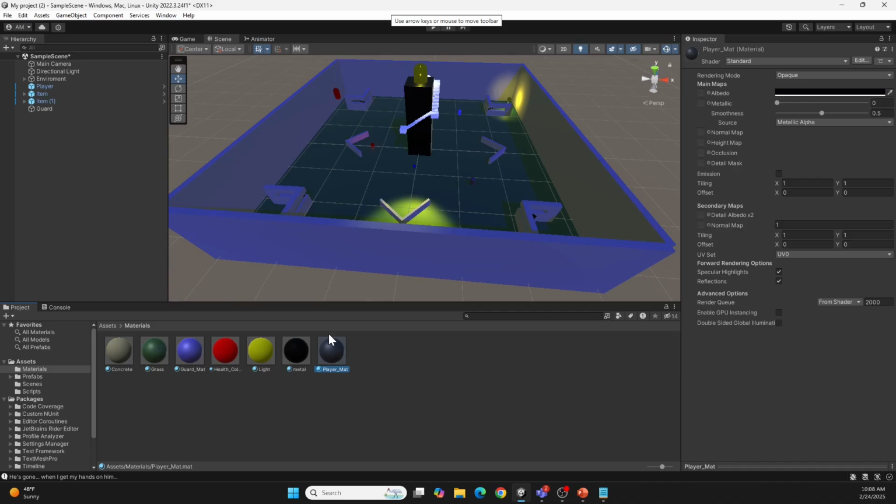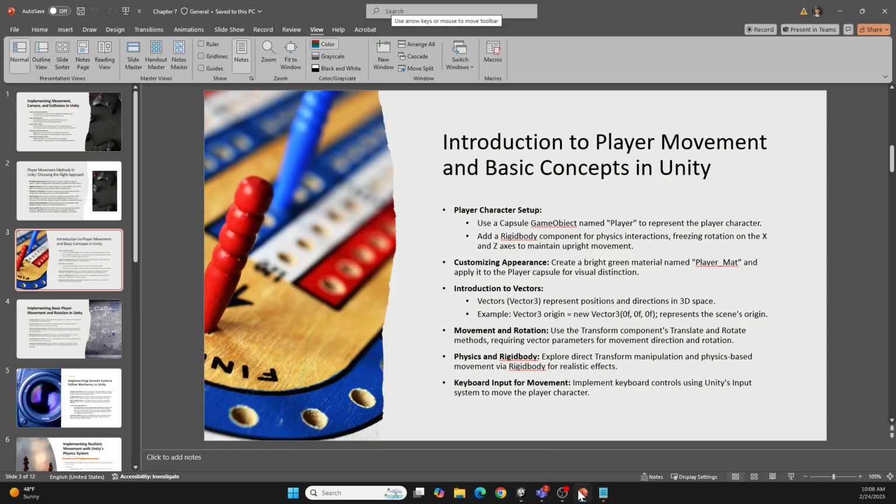And in Unity, vectors are important for defining positions and directions in 3D space. You'll frequently use the Vector3 for 3D movements, which includes x, y, z coordinates. And for example, a vector,